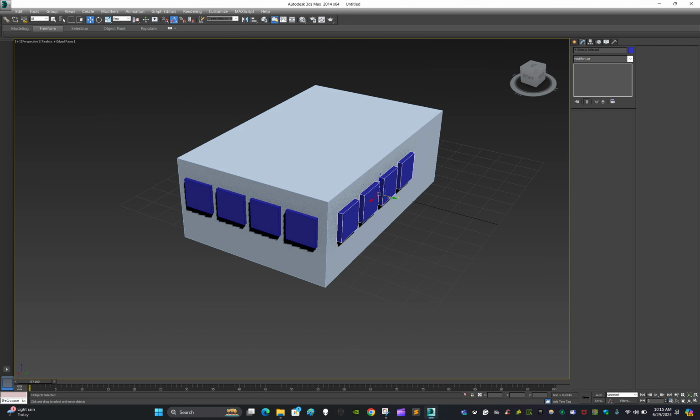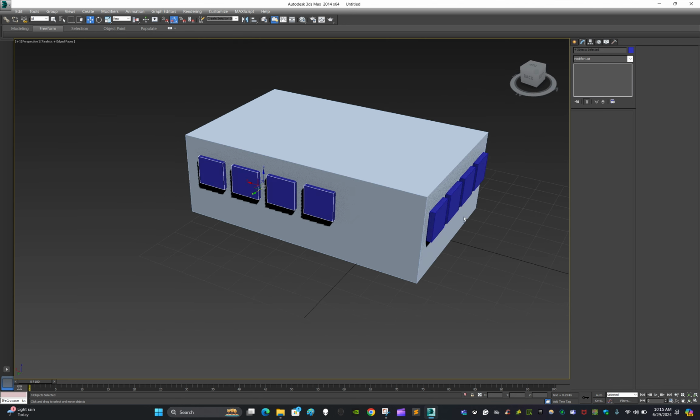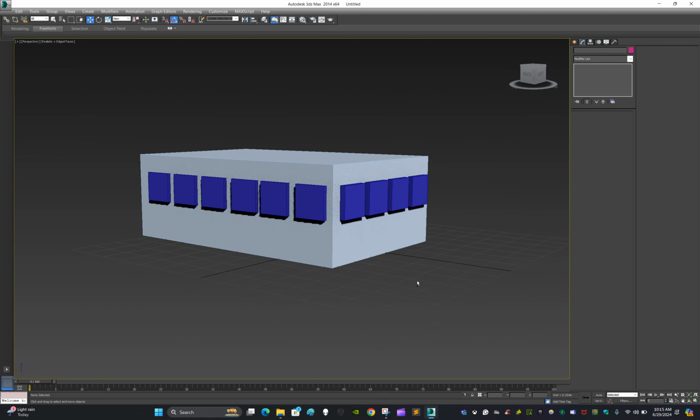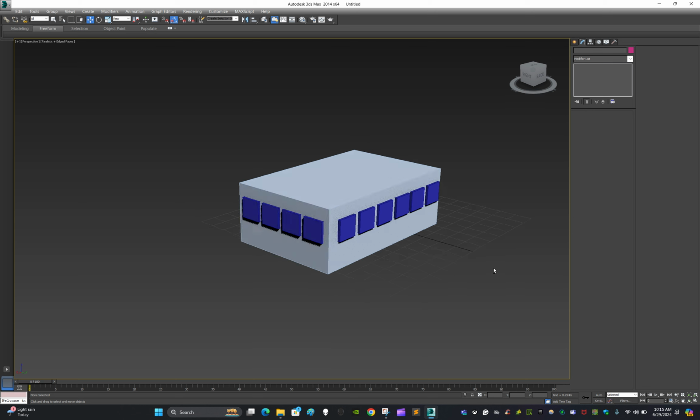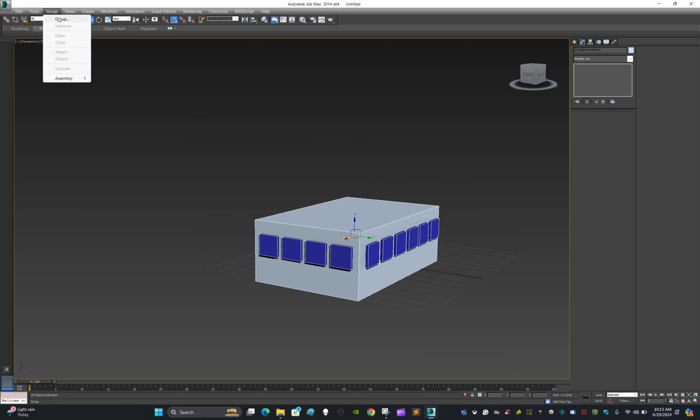This is for the practice, guys. Remember, this is not even close to a real building, but this is for the practice, for the beginner. So we are trying to make something out of the primitives. Okay, make it a group